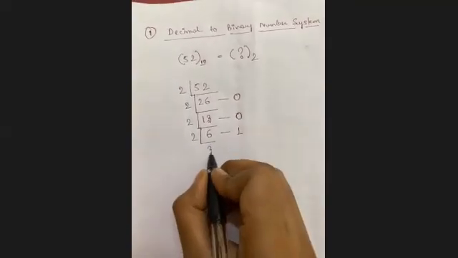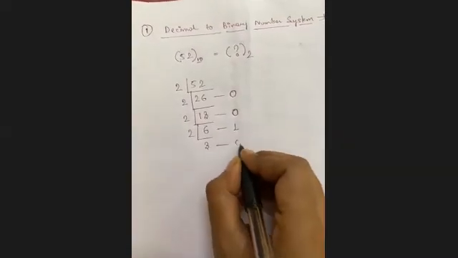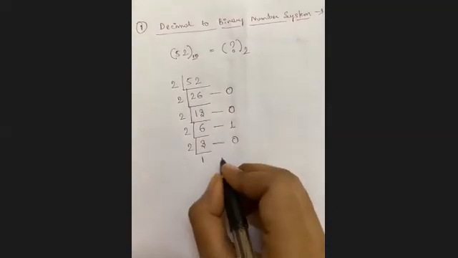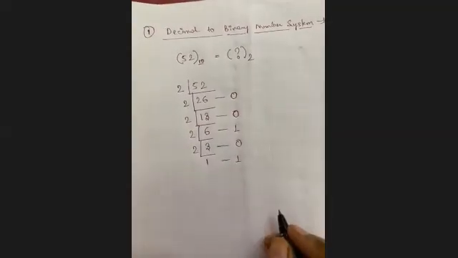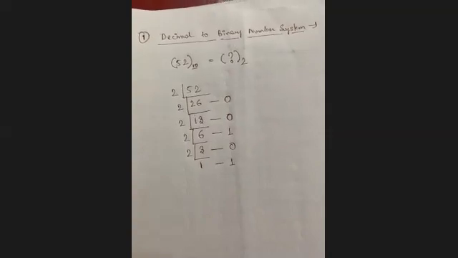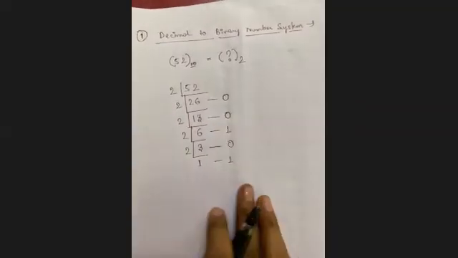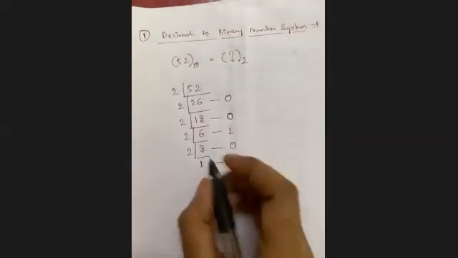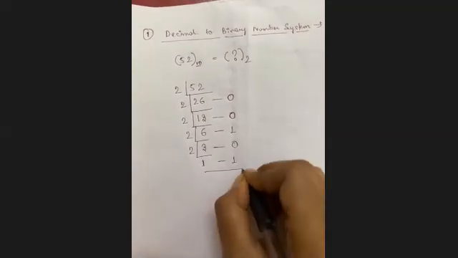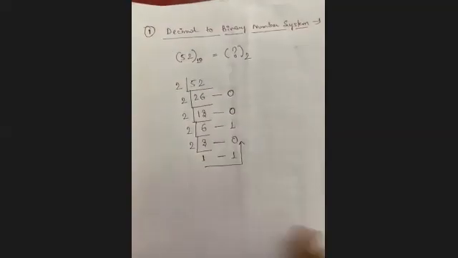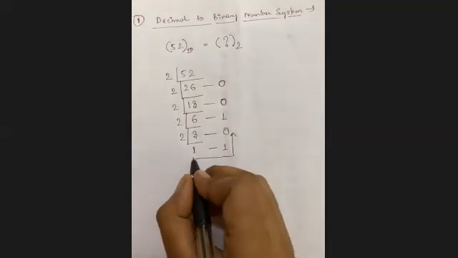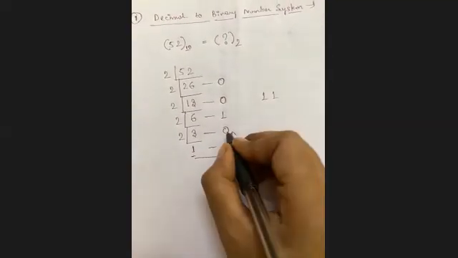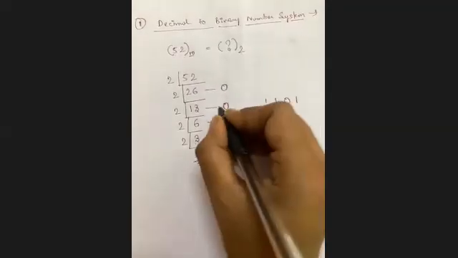Next, 3 2s are 6. Again, there is no remainder. Again by 2. So there will be 1 remainder, right? As I have already come to the point as 1, 1 पे हम आगे. So what will be the respective binary number of it? We will start counting this sequence. Just follow the arrow. So how will I write it? First 1, this one, next this one, next 0, 1, 0, 0.